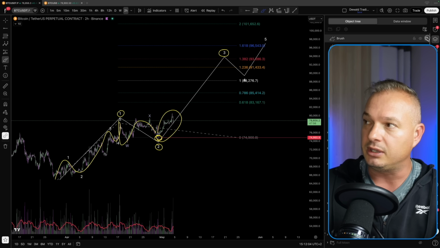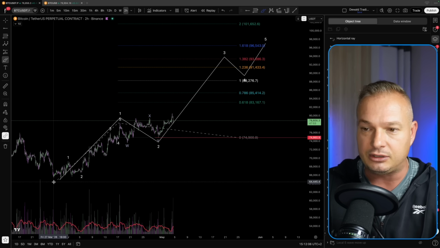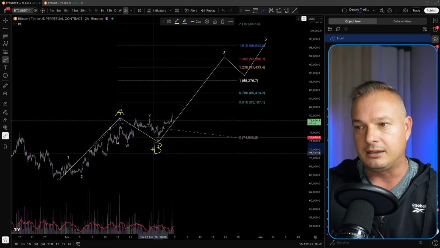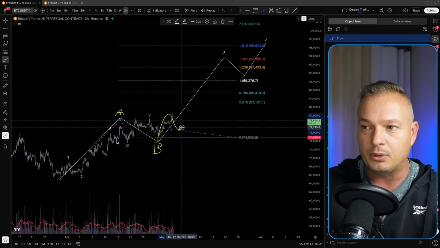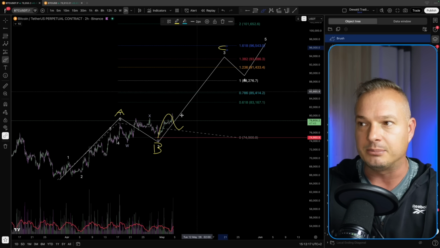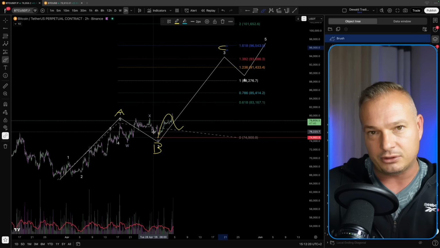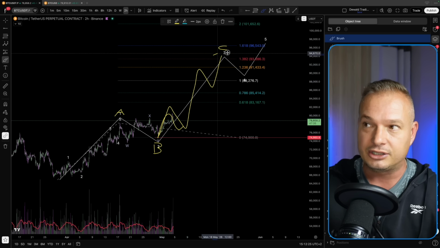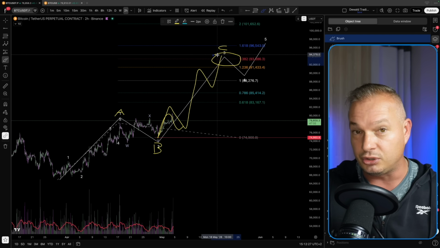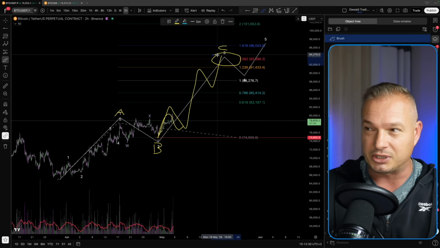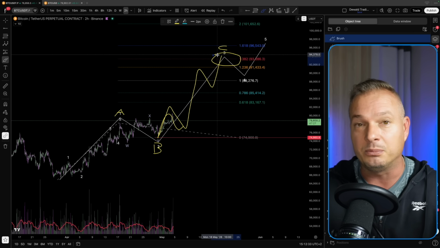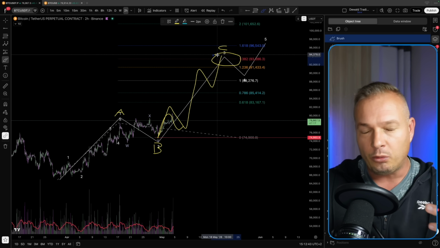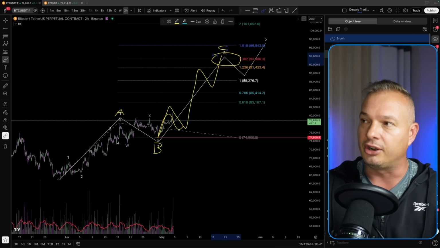Worst case scenario is price needs to form at least an ABC to the upside, where this basically becomes your wave A, this becomes your wave B, and now price could potentially be forming an impulse for a C wave to the upside, and that becomes C. Inside of your C wave, you have to see 5-wave structures: 1, 2, 3, 4, 5. So for me, that presents a shorting opportunity depending on how aggressive price gets here to the upside, and the levels of resistance that I'll obviously help the community identify as well, where I will be looking for a shorting opportunity. But for the moment, this is the most bullish case scenario that I have.